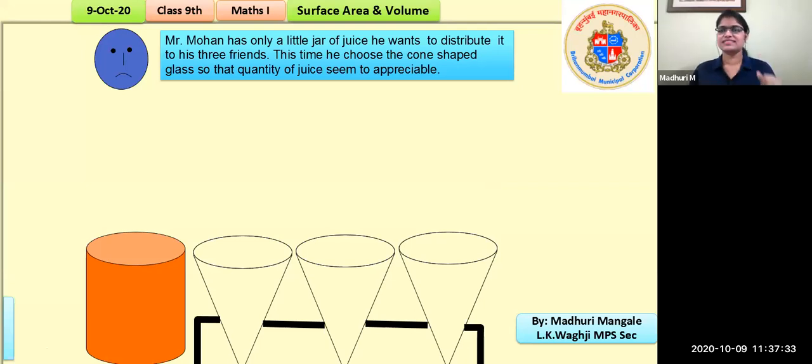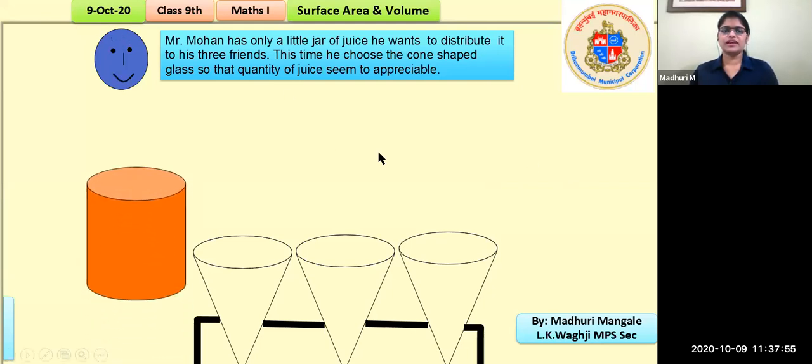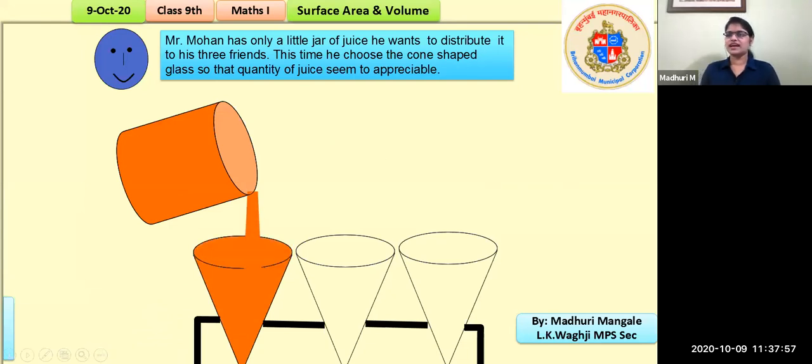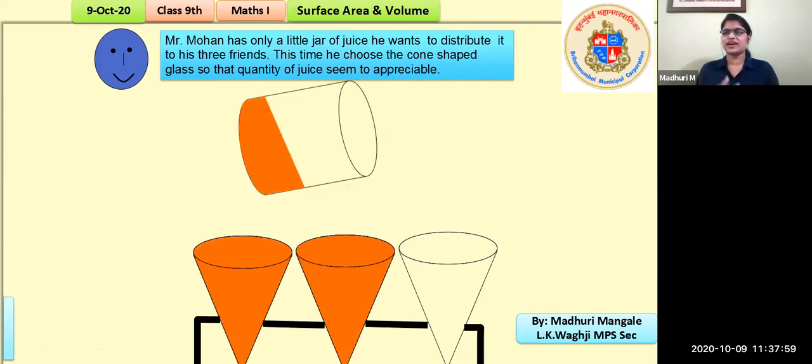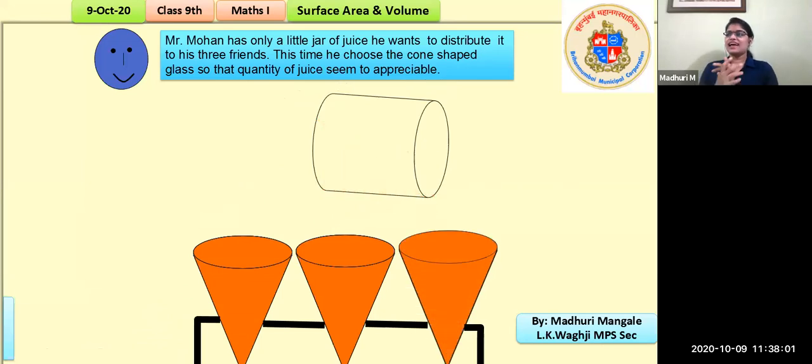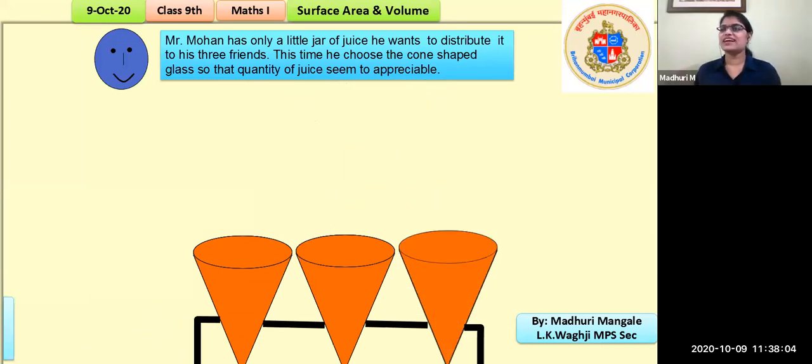Okay, you can see the radius of the can and radius of the glasses is same. Likewise, the height of the can and height of the cones are also same. And then let's see. So he tries to pour in some juice in the first glass. He is left out with some more. He tries to fill it in the second glass. And there you see all the 3 glasses are full.